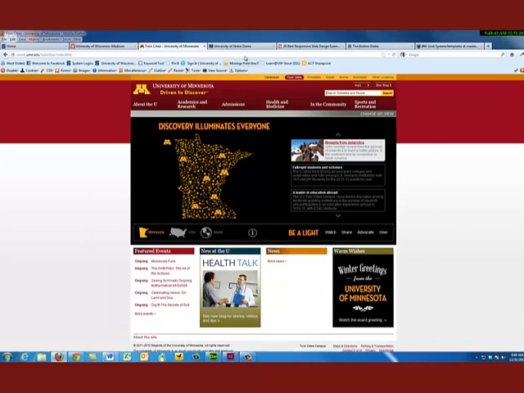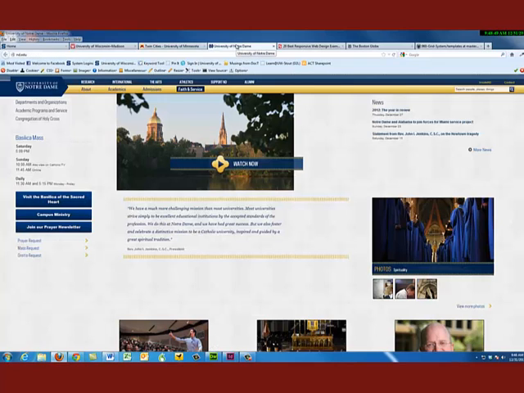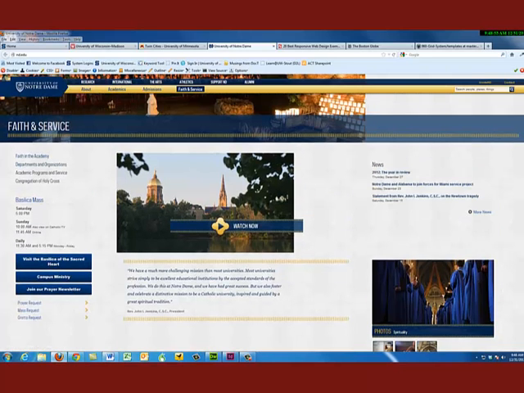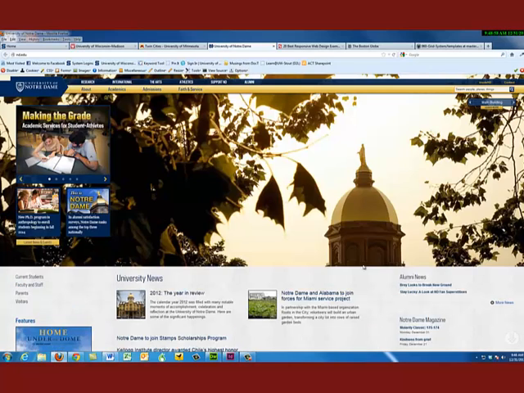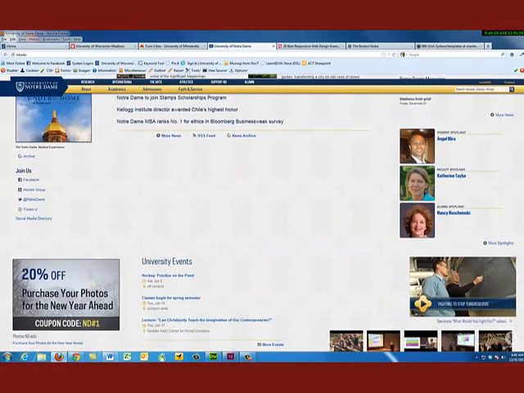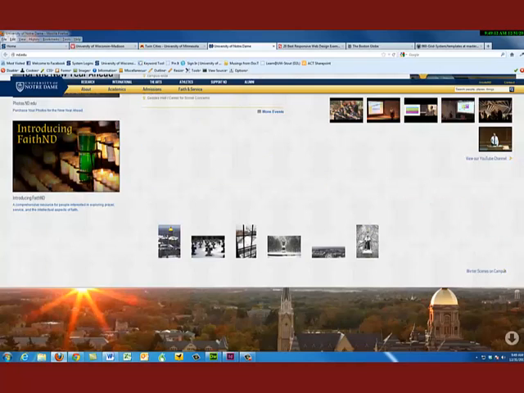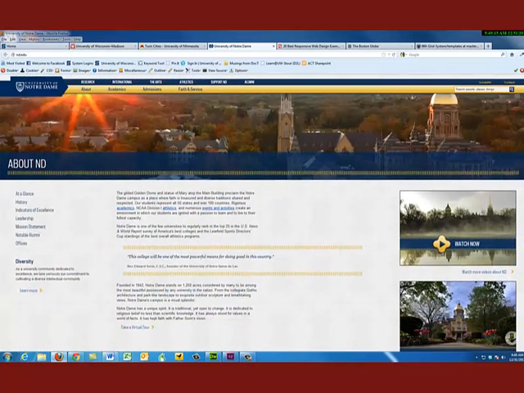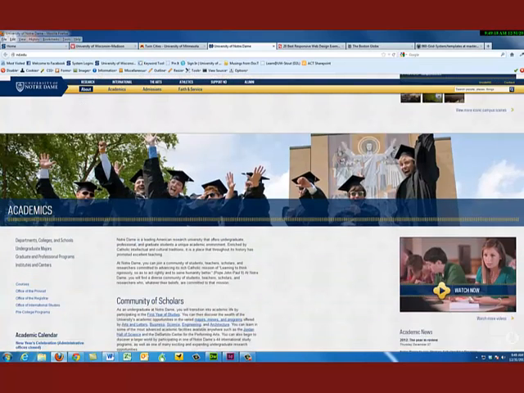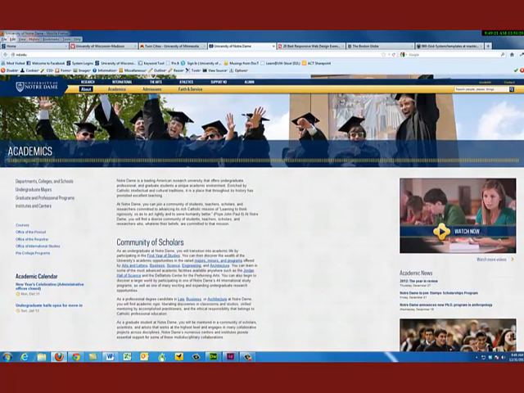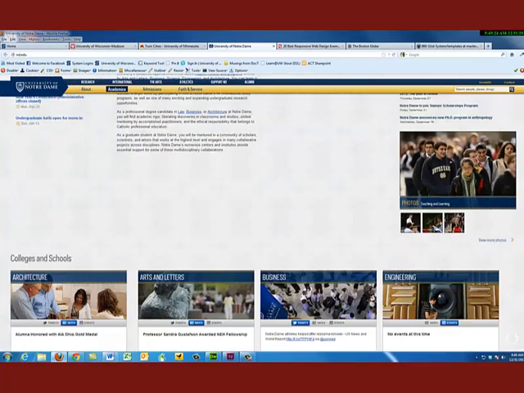Now, let's contrast that with the University of Notre Dame, which is a university that has taken on the concept of universal design, or not universal design, responsive design. Let me go up to the top of their page here. So this is what their page looks like when you come in here. You'll notice that the bottom of their page isn't on the screen. It allows you to scroll, and really the amount of information that's on this home page is tremendous, and the visuals are very nice. It allows them to take advantage of the screen that the user has got,